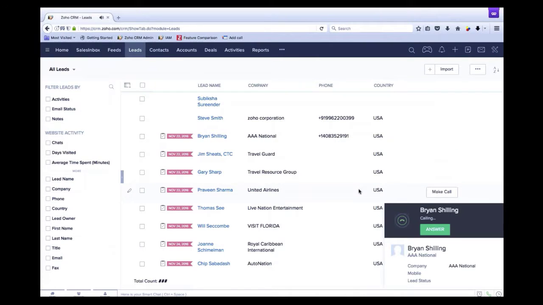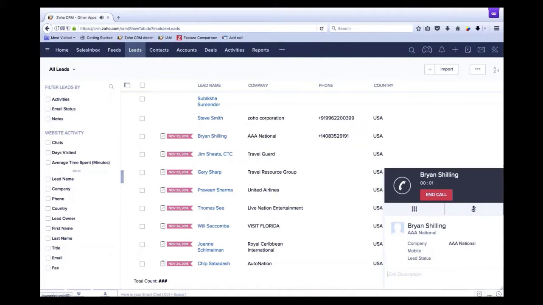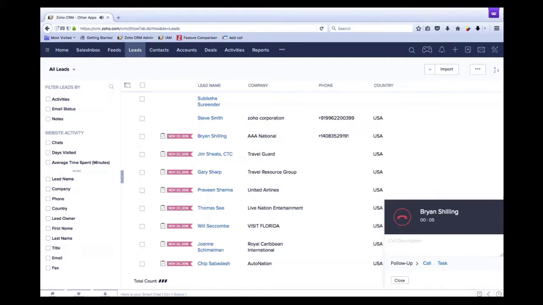So it makes it very easy for the sales team to identify if one of your existing leads or contacts is calling you. As she was telling you during the slide presentation, it would be nice if you can pick up a call and directly address your leads, your contacts, your prospective customers, or even your existing customers by their name. You can answer calls from here. You can answer the call and end the call, enter notes related to that specific call, and it will be logged against that specific